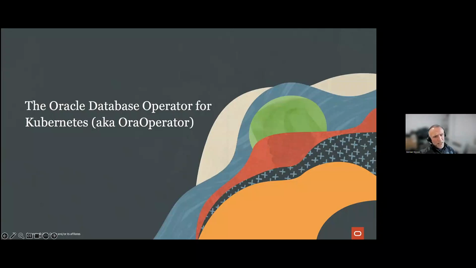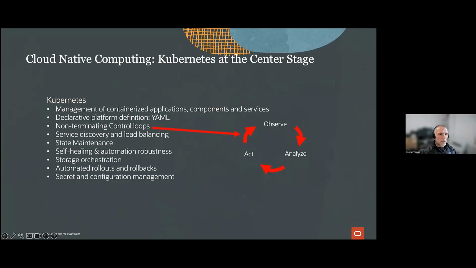The Oracle Database Operator for Kubernetes. When we use the cloud 100% to build and run our applications, we're basically doing cloud native computing. It's a trend today. There are standards, et cetera. A lot of organizations are promoting cloud native, like the Cloud Native Computing Foundation, for example.